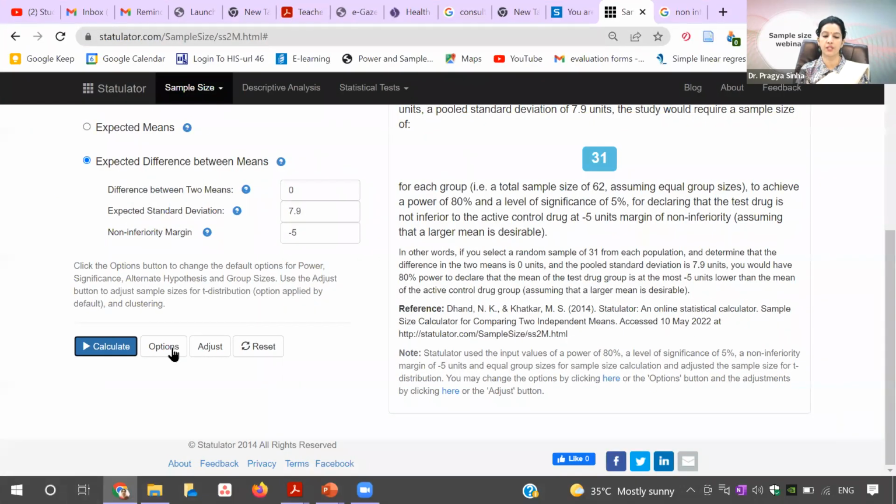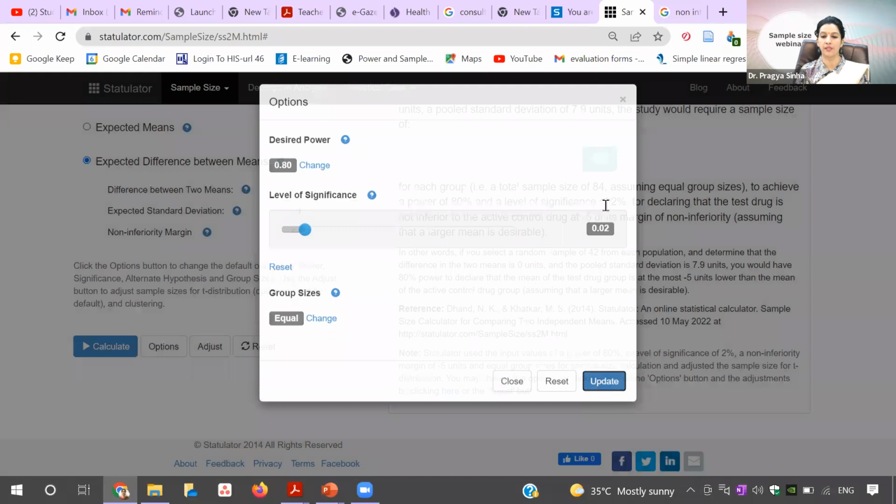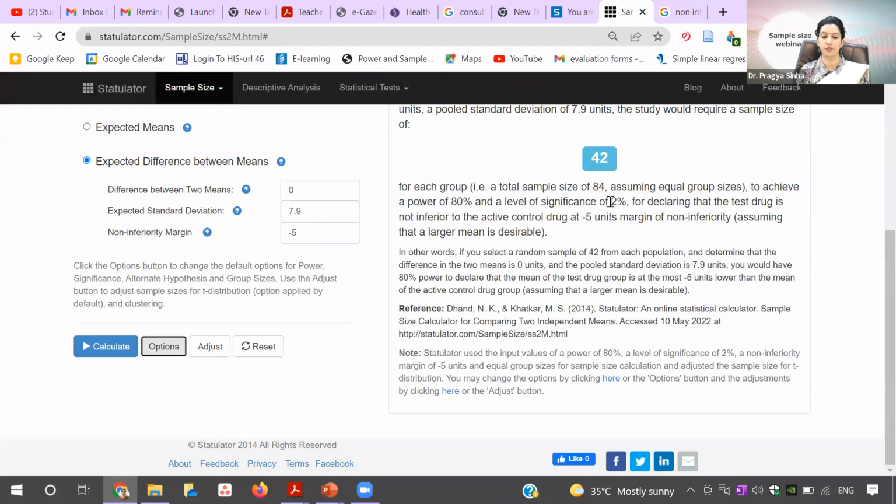But if you just want to counter check, in that case, you can reduce this level of significance to 0.2, because I said that either you can have 2 or 3 and then update. Then you will see, yes, you are right, it is 42. So it will be 84. And if you see their calculation,